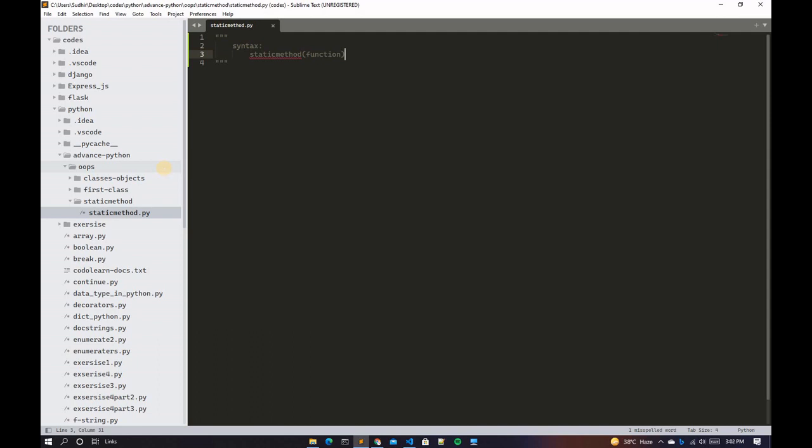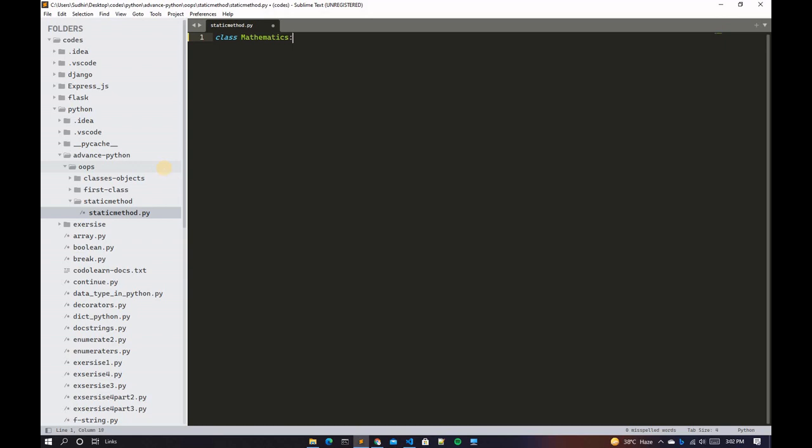So guys, let's write some code, and let me remove this. First of all you have to create a class, and let me delete this. This is the autocomplete function of Sublime Text. After that you have to type Mathematics as the class name.